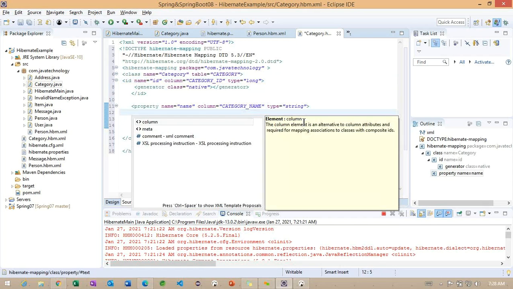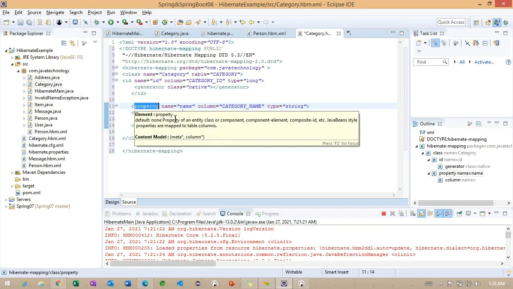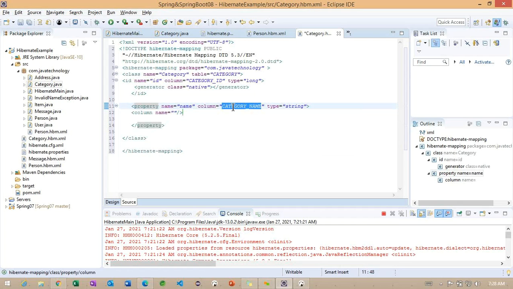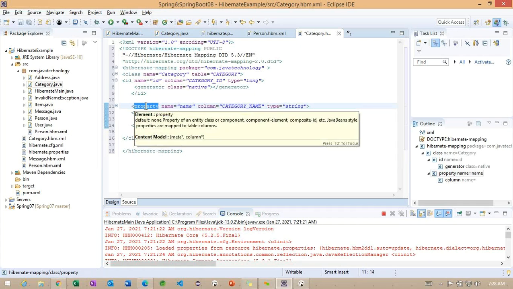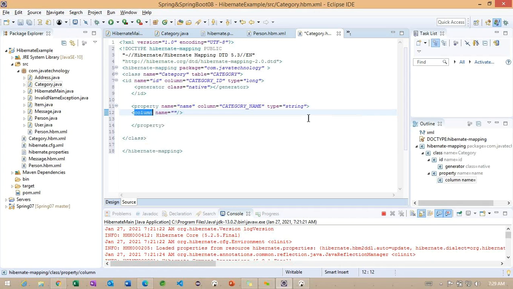You can specify the column here. So instead of specifying it here, we can have the column tag inside this particular property. We can provide the column name like this. We can provide the column name also by providing the dependent tag called column. Getting the point? So this is also the same as what we created earlier. Just to read, this is the property, and for this property we are going to create this column. Getting the point? So this we can also specify, and now you can check here.